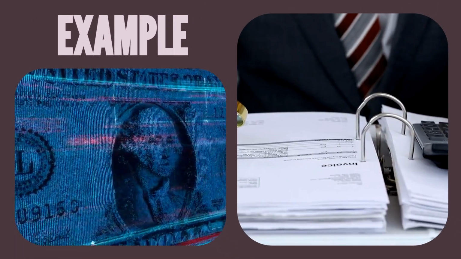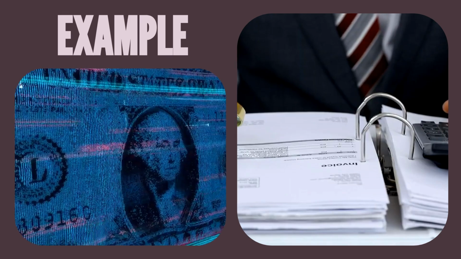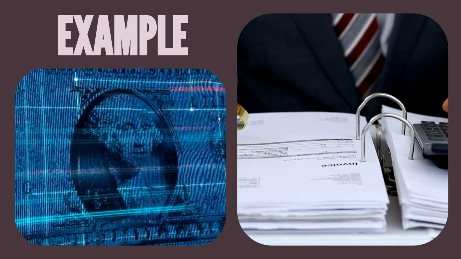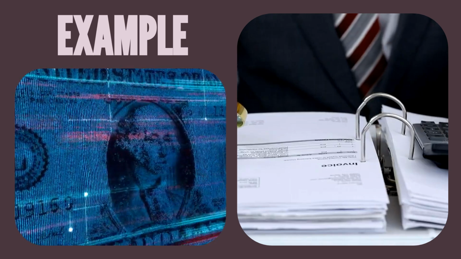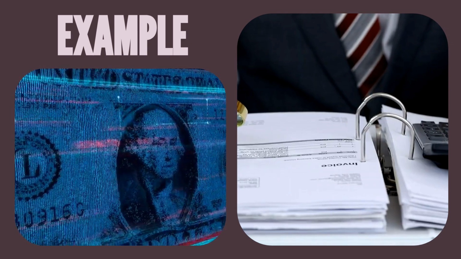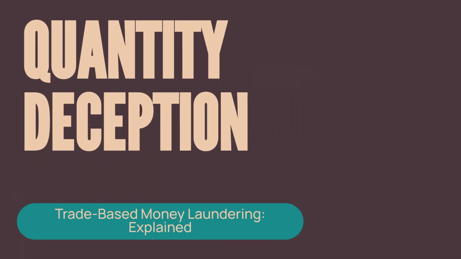For example, Company A ships 1 million widgets worth $2 million, but invoices Company B for only $1 million. Company B sells the widgets for $2 million and keeps the $1 million transferred from Company A disguised as legitimate trade profit. Next, criminals can move value by manipulating the quantity of goods shipped compared to what is listed on